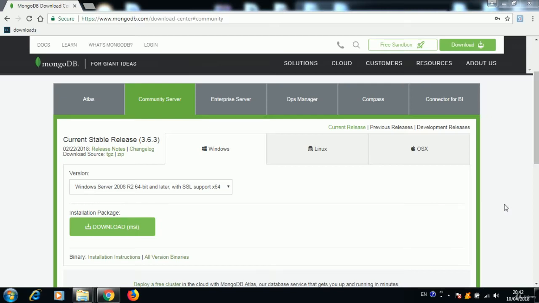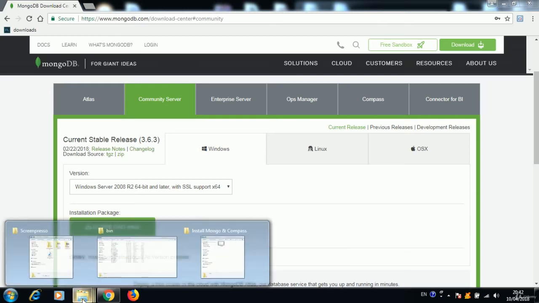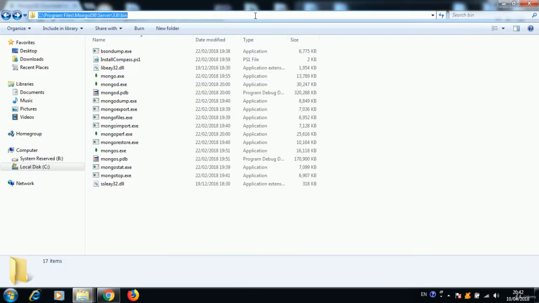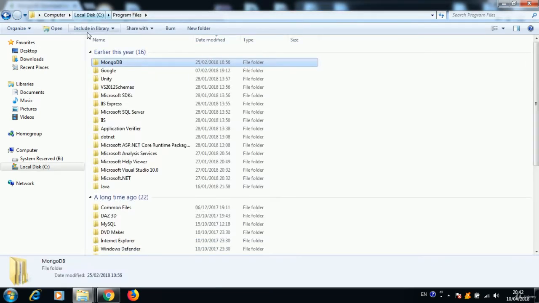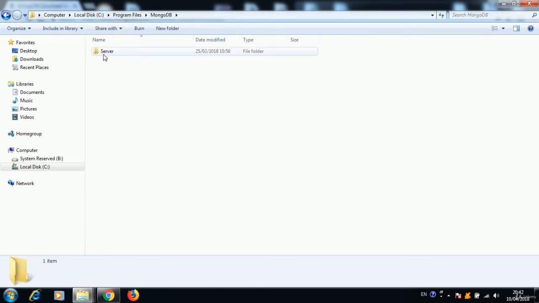After the download has completed, let's check that everything works fine. Let's go to our Program Files folder. Inside it, a MongoDB folder was automatically created. Double click on that, and inside you are going to find another folder named server. Double click again. Inside is another folder, 3.6, which is the version, and inside you will find a folder named bin,